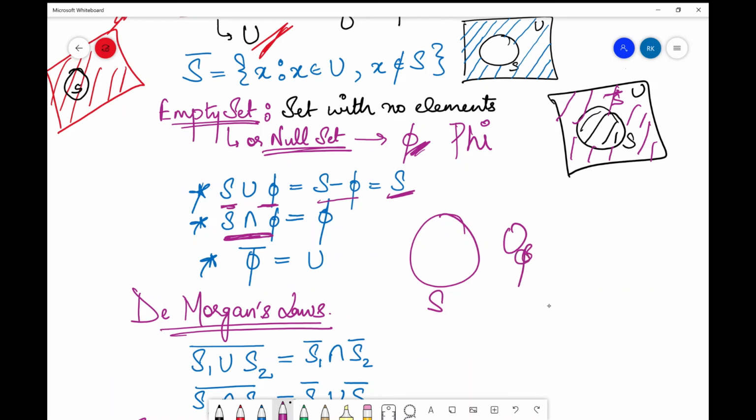Now, if there is any set which does not contain any element, and I try to take intersection of this set with this, then that would be what? That would also be an empty set, because it does not contain any element. So how would I say that they have some common element? There is no element common, right? Okay. Now complement of an empty set will be what? It will be the entire universe. So this U is for universal set, and not union.